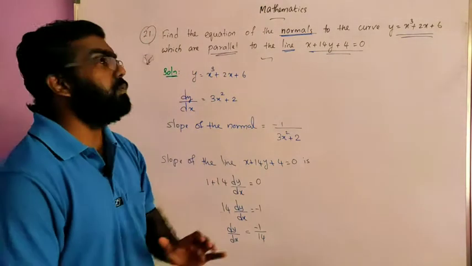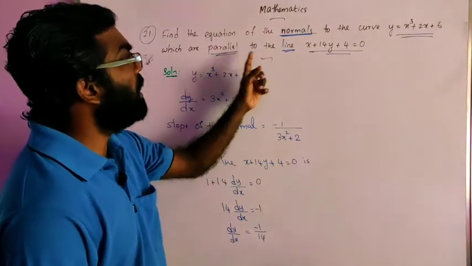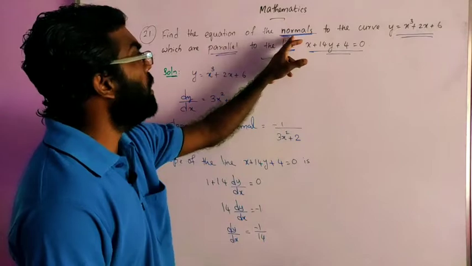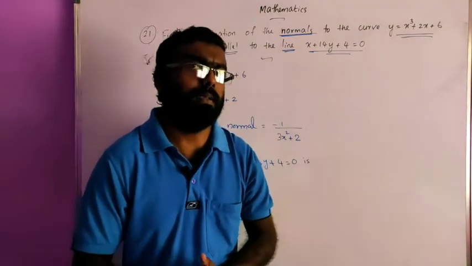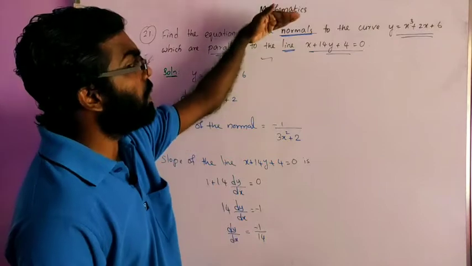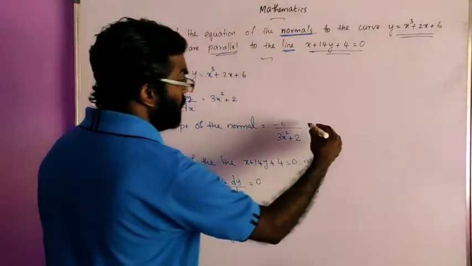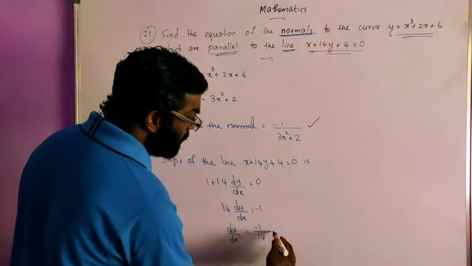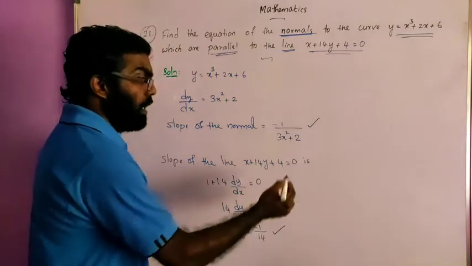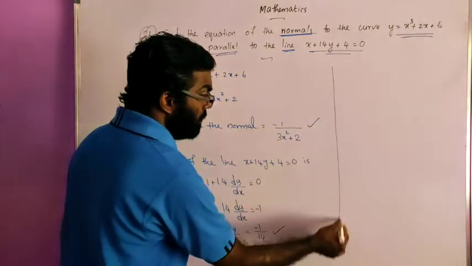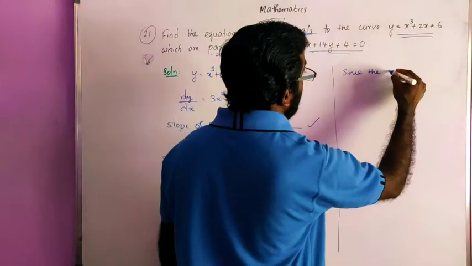Okay. And here we have to find the equation of the normals to the curve which are parallel to the line. That means the normals are parallel to the line. Okay. If two lines are parallel, then the slopes are equal. Here the normals are parallel to the line. Okay. So the slope of this normal and the slope of this line will be equal. Clear? So we can equate these two terms. Since the normals are parallel to the line,